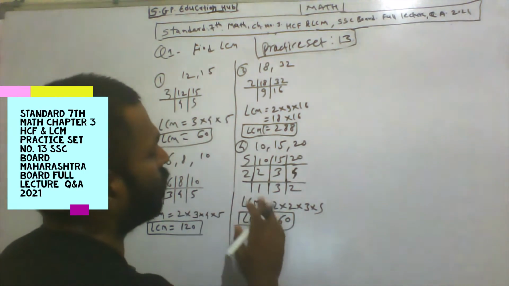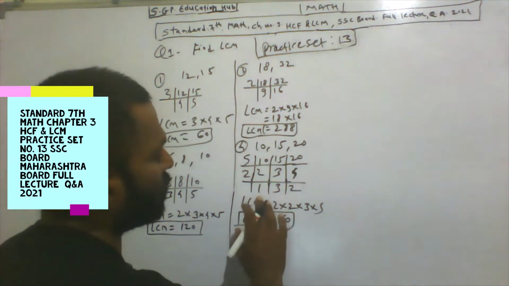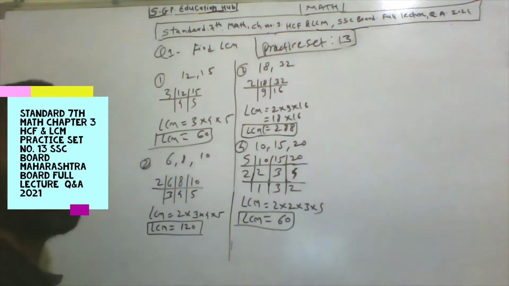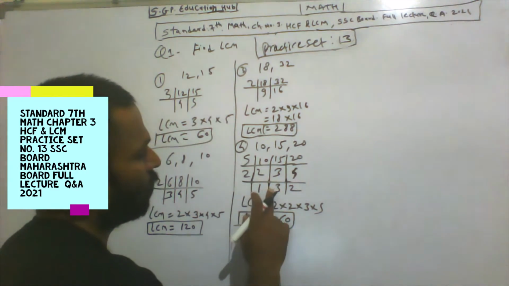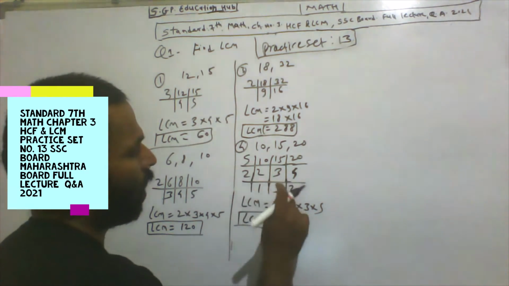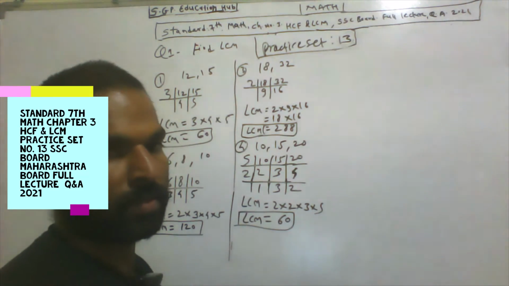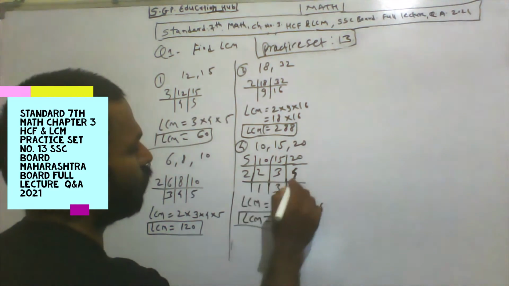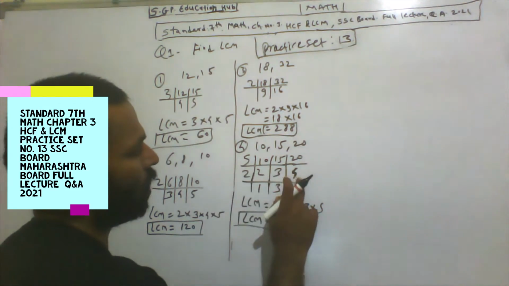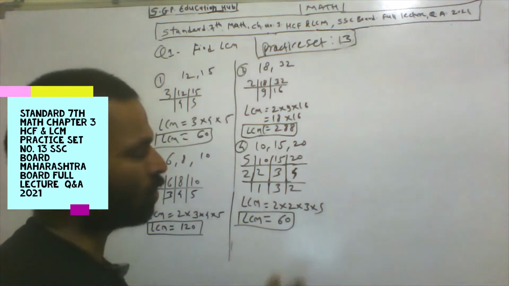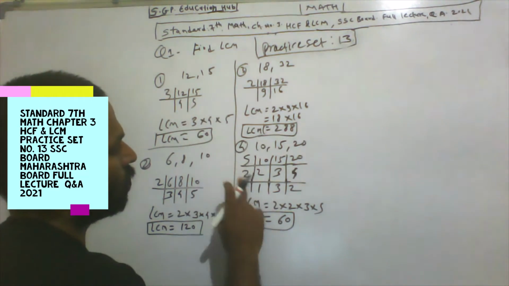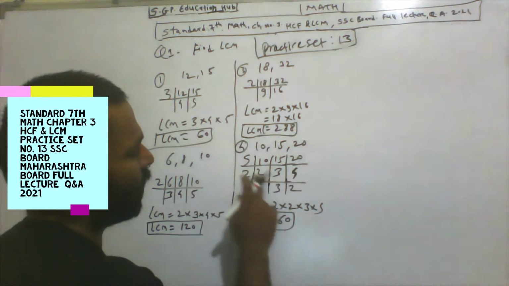Means when you factorize for LCM, factorize the given numbers until no two numbers can be divided further. Here 2 and 4 can be divided by 2, so we divide by 2: 2 ones are 2, 2 twos are 4, and 3 cannot be divided, so 3 remains. So LCM has 2 two times, 3 one time and 5 one time.